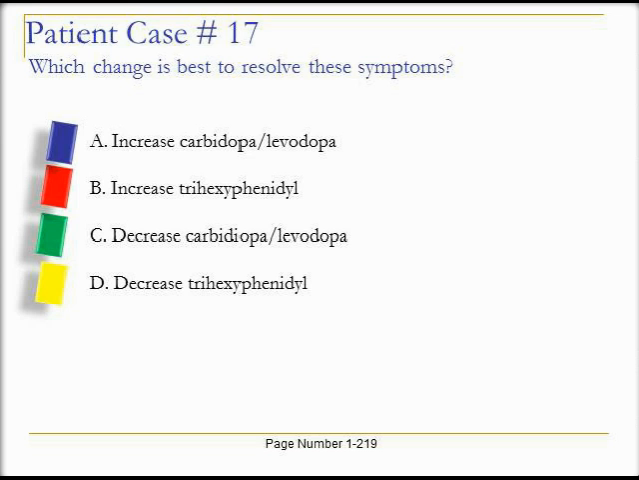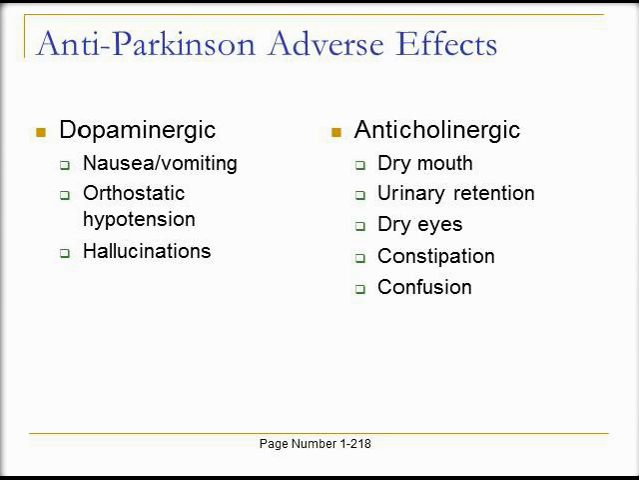A, increase the carbidopa-levodopa. B, increase trihexyphenidyl. C, decrease carbidopa-levodopa. Or D, decrease trihexyphenidyl. Hooray, yes, decrease trihexyphenidyl. So when we think about Parkinson's disease treatment, we generally can take our drugs and divide them into 2 categories. Almost everything increases dopamine, or is called dopaminergic. And those common adverse effects because of an increase in dopamine, so the things that they have in common, include